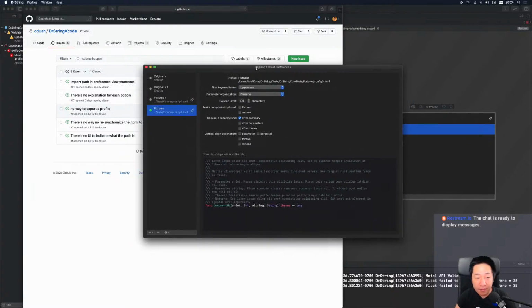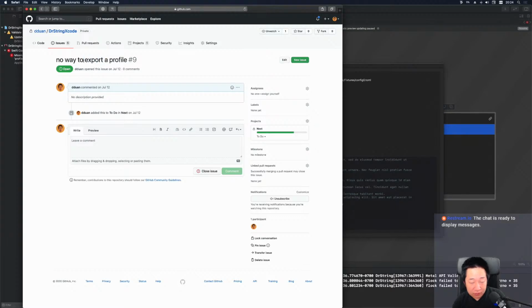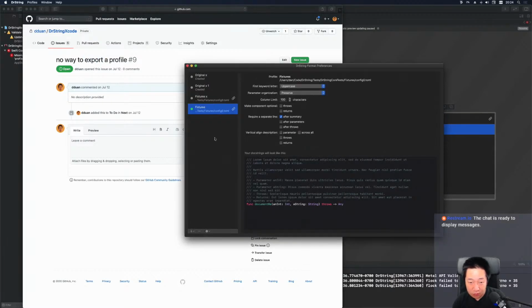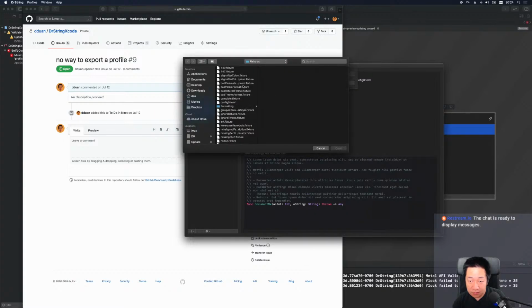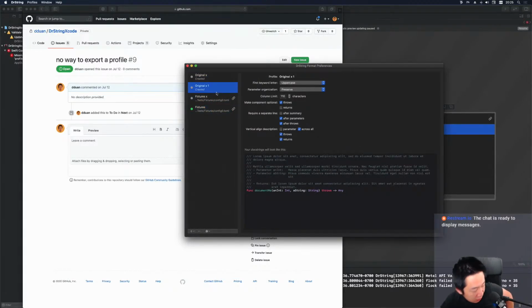All right, so this is our app, and I'm just gonna pick some stuff from here and work on it. Okay. So we're gonna work on this one, which is kind of an interesting thing. So we have the concept of importing a profile. You can do it here, and you can pick a TOML file. You can give it a different name, and you get to import it. Now, the inverse of that obviously is to export, which is actually really useful because this